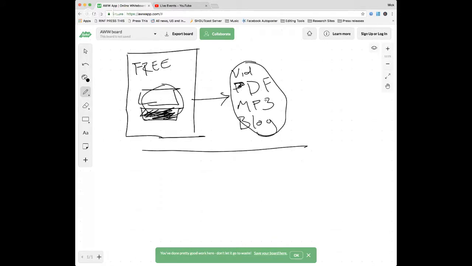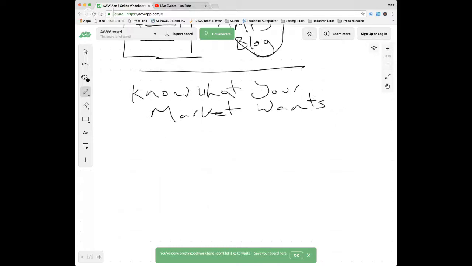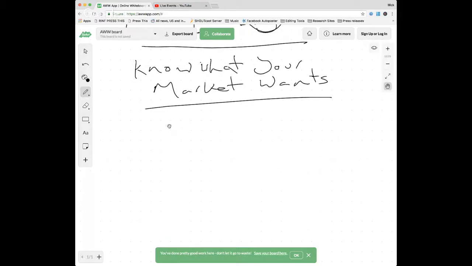So any one of those will make a good lead magnet. And to make this the most effective that it can be, you have to know what your market wants. So how do you find out what your market wants? Well, there's a few ways we can do that, and they're all pretty easy to do. So the first one that we've got is a survey,